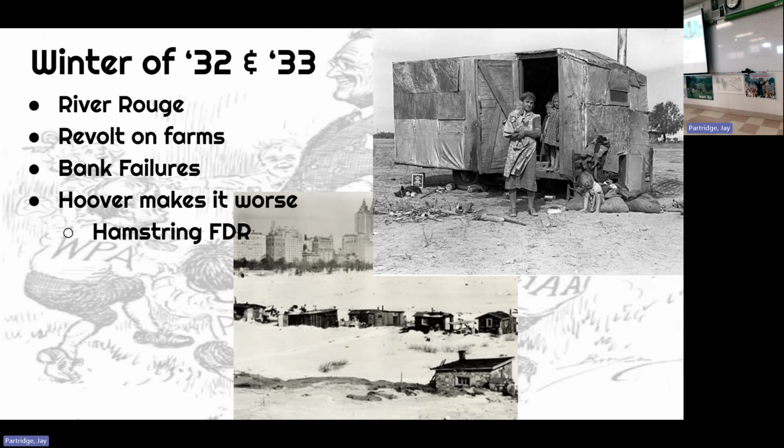I don't think the country would have survived if Roosevelt had been killed. I don't think it would have made it. It was that bad. Because it would have seemed like a coup by the very wealthy, and who knows what would have happened.